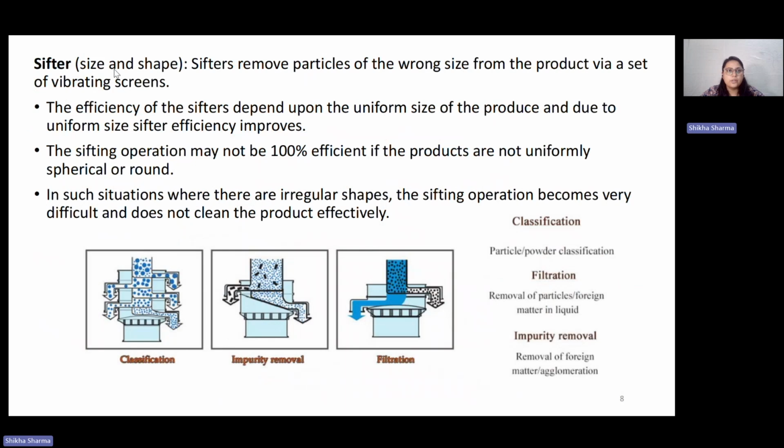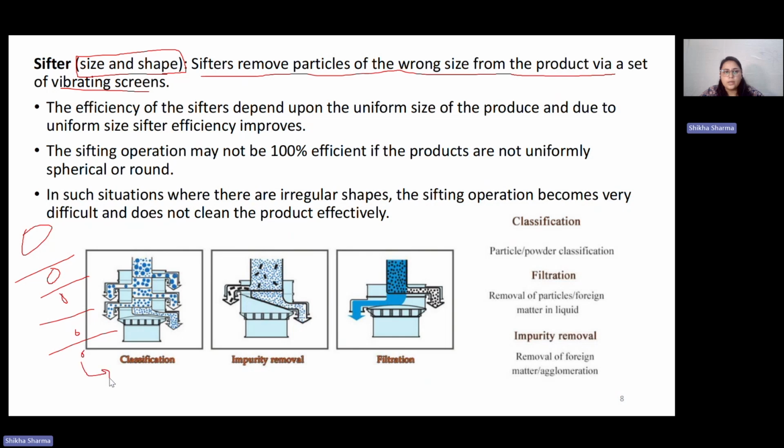So the sifter separates based on size and shape. Sifters remove particles of the wrong size from the product via a set of vibrating screens. There can be multiple vibrating screens, one above another in series. The larger particles will be here, then smaller, then smaller still, and